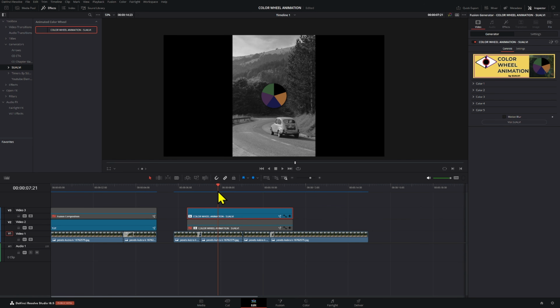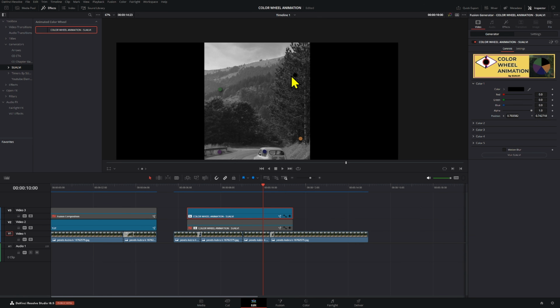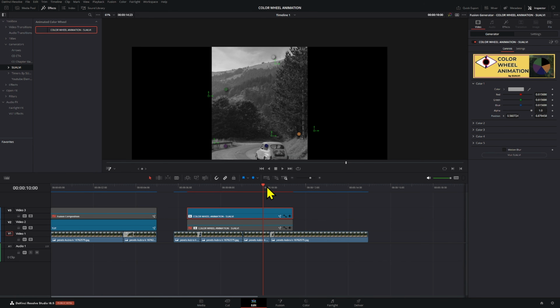So what you want to do here is go to the ending section here, let's say where the bubbles are right now, and that's how you're going to choose the color of your position. If you want to move the position, let's say this black bubble right here, you can use these right here, or you can go to the transform section right here and add the fusion overlay, and then you're going to be able to move these around by just selecting this little arrow or X point mark right here. There we have that there. Then click on your color and then pick screen color, and then you just go to that area and then click OK. That's how you would apply the different colors to the different bubbles that you have here.